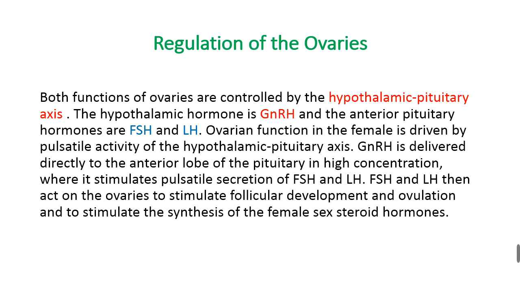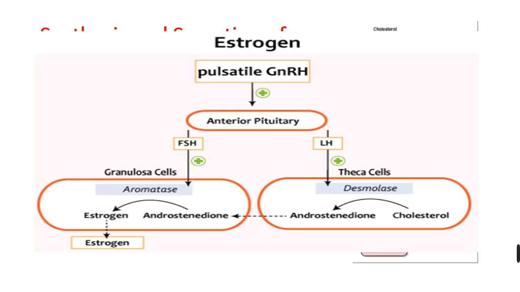Then FSH and LH act on the ovaries to stimulate follicular development and ovulation, and also to stimulate the synthesis of female sex steroid hormones. As you see, the pulsatile production of gonadotropin releasing hormone to the anterior pituitary gland will stimulate production of FSH